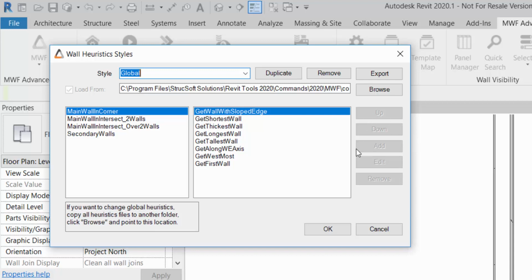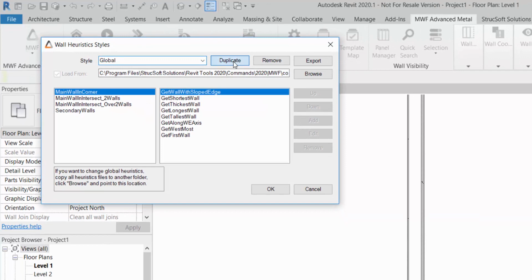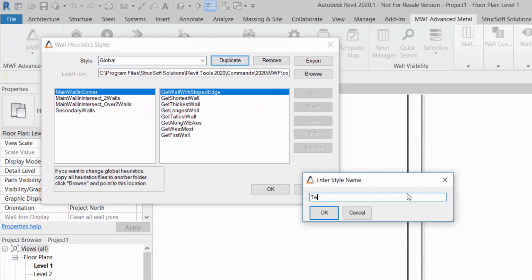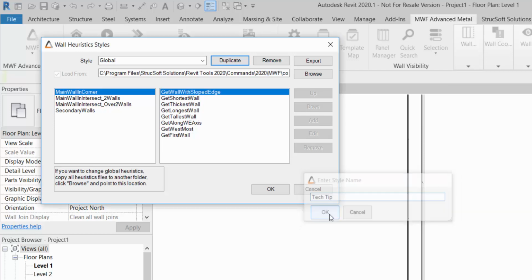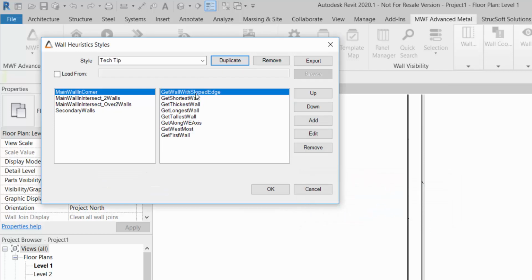Now, you'll also notice here that everything is grayed out. If you wanted to make a change globally in your project and not consider the shortest wall, you wanted to consider the longest wall, for example, what you would need to do is actually duplicate this. So let's go ahead and duplicate. We'll call it tech tip. Say OK. And you see, once I've created that new one,